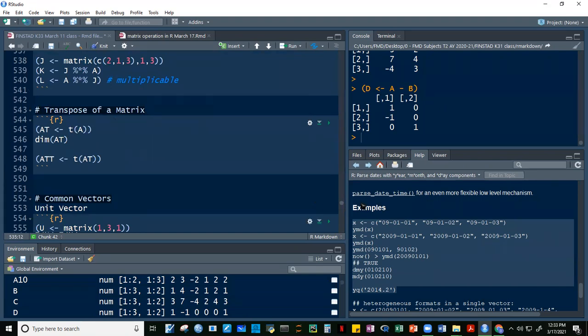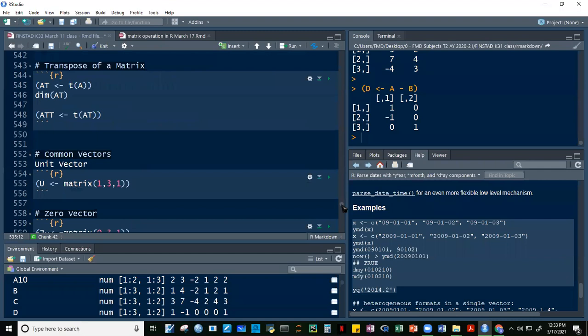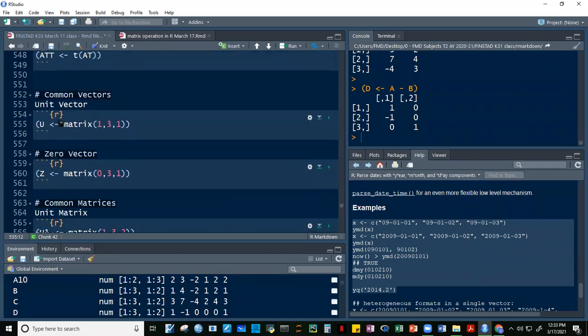The transpose of a matrix, okay? What is a unit vector? What is a zero vector? Okay, what is a